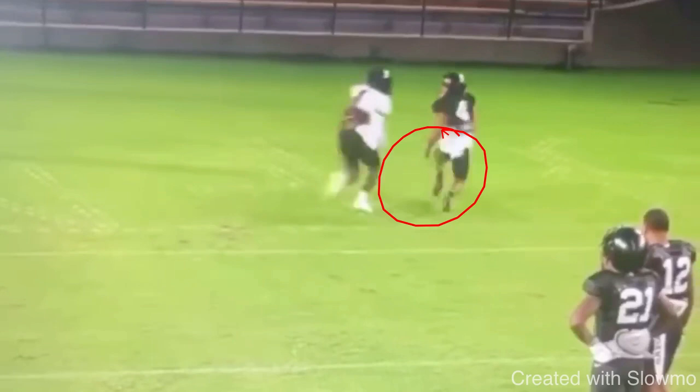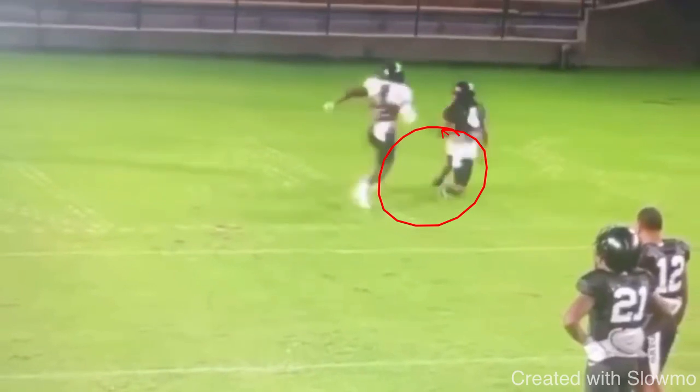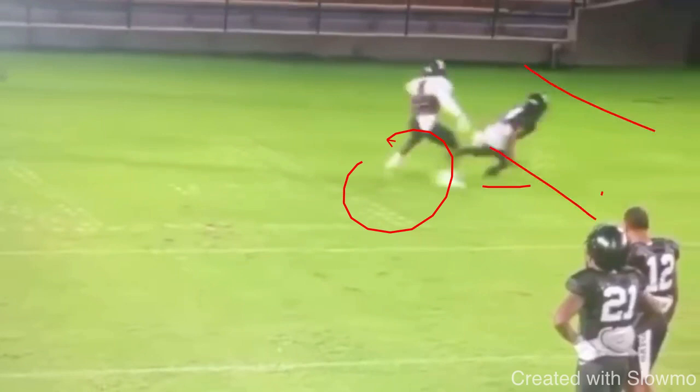Outside foot, I'm not saying is wrong, but I teach inside foot, right? So when you snap down and you get your hips low, that second step makes or breaks if you're going to get out of it in 3. Because you see how Moore pivots that second step all the way around. You see how he pivots, and that toe's almost at a 45-degree angle, because that snap, then that pivot is what allows your hips to get back on this 45-degree angle